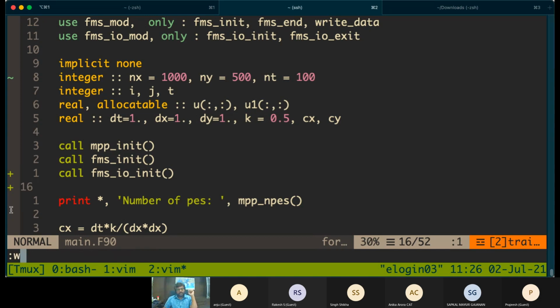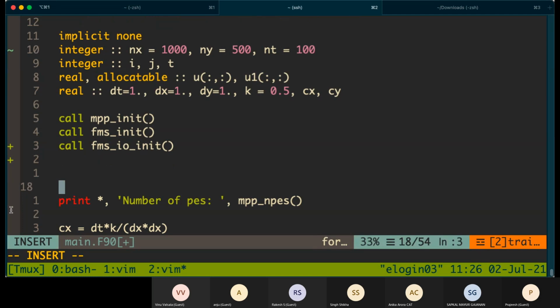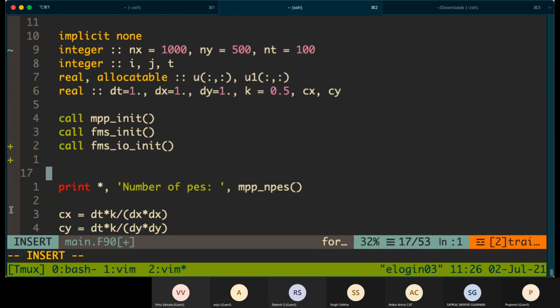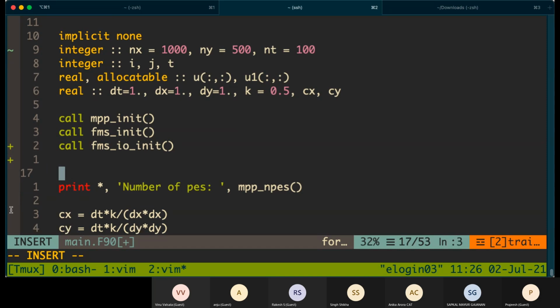So that's the concept here, and how to do it using FMS routines. FMS provides some high-level routines which do all this kind of decomposition for you, and it makes the whole coding much easier.